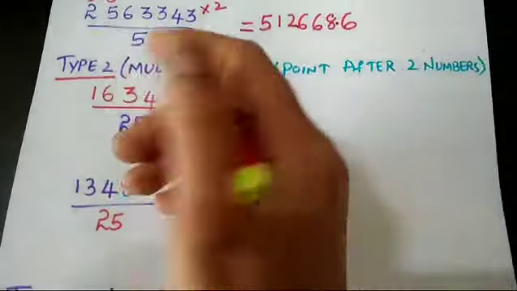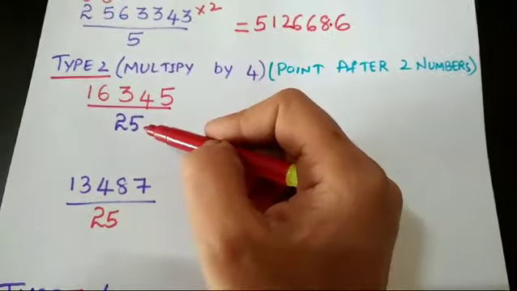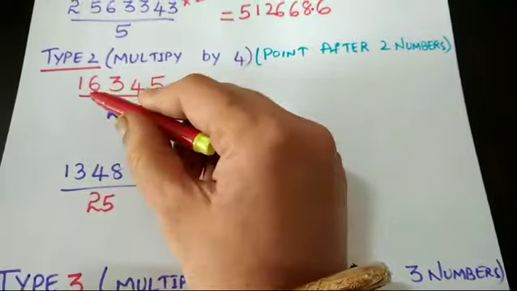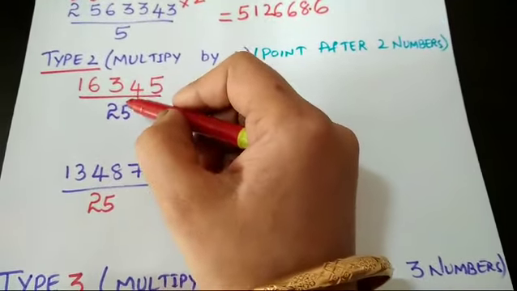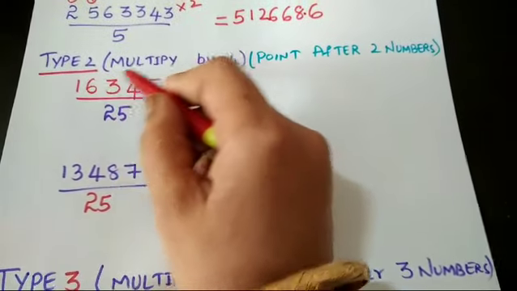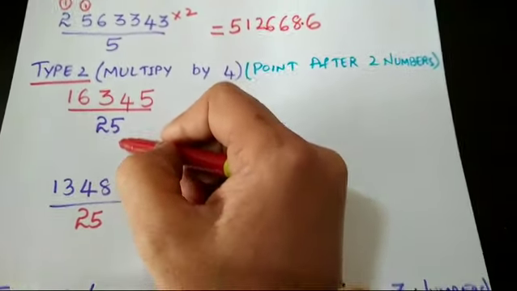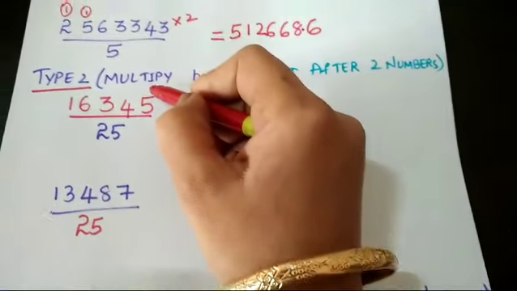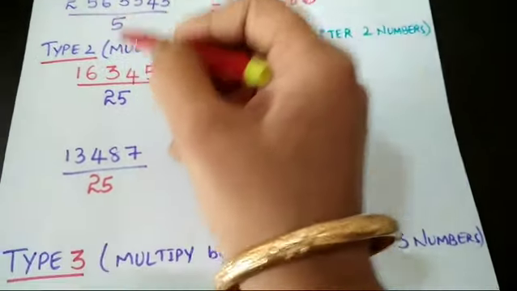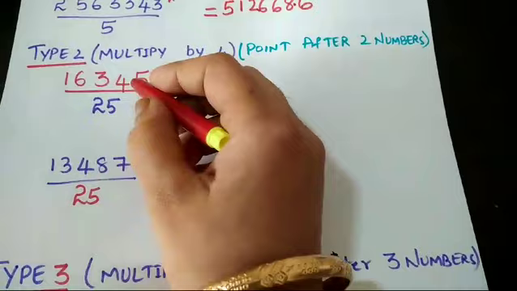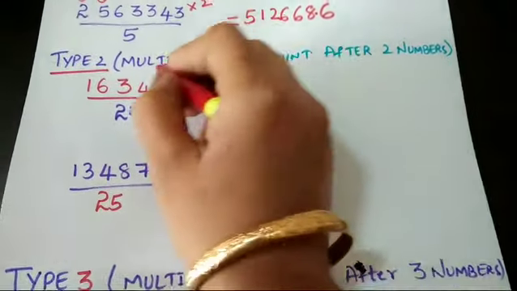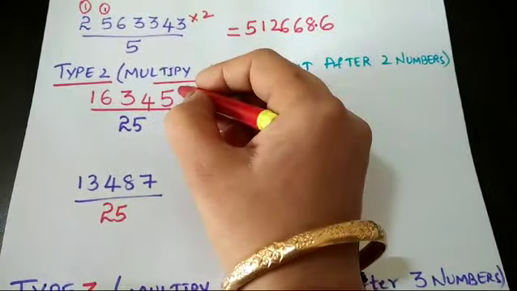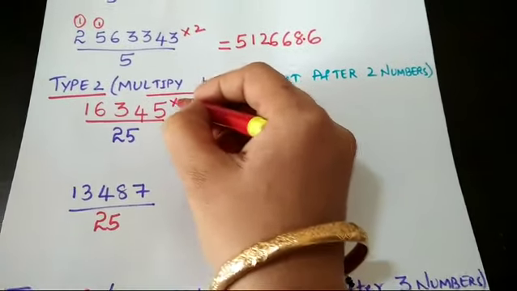Now let us learn the type 2 problems. Whenever they ask you to find the division by 25, they give a number like this and ask you to divide by 25, then this trick is applicable. When they ask you to divide by 25, you just have to multiply by 4. You have to remember, it's very easy. Just remember,